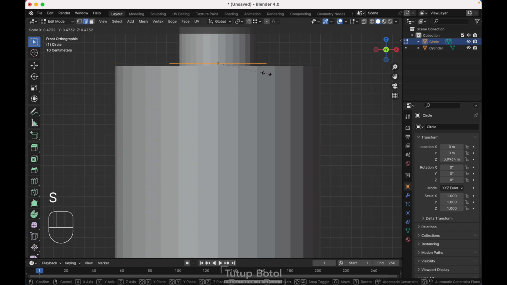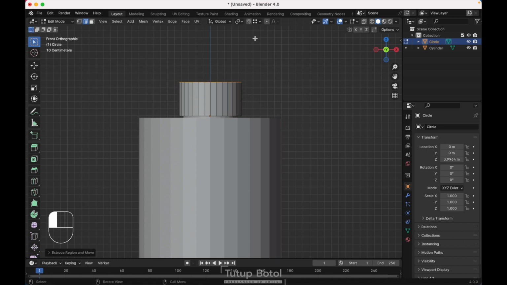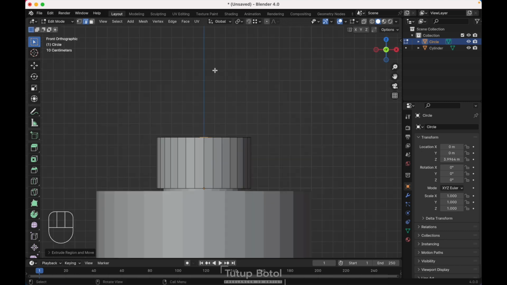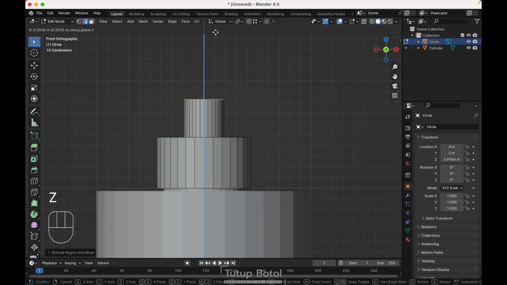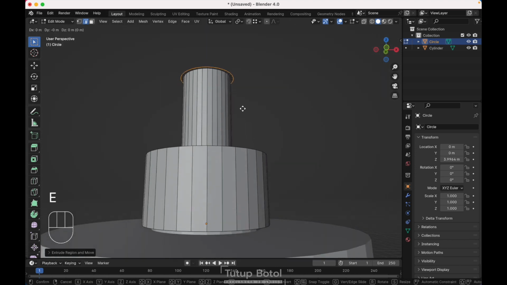tab to edit mode, press S to scale it, just like this, press E again to extrude, Z on the Z axis, just like this, press E again to extrude, S to scale it inside like this, go to the front view, press E again, Z, extrude on the Z axis up here, press E again to extrude, S to scale it just a little bit like this, press E, extrude, Z, extrude on the Z axis down here just a little bit,